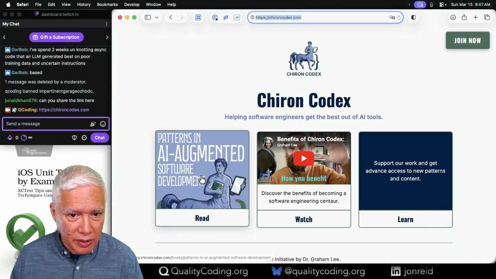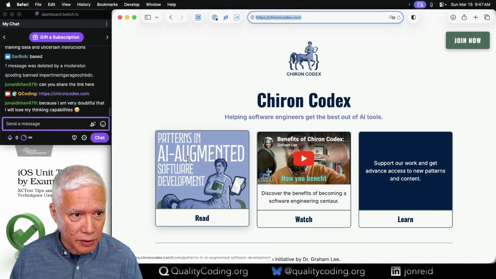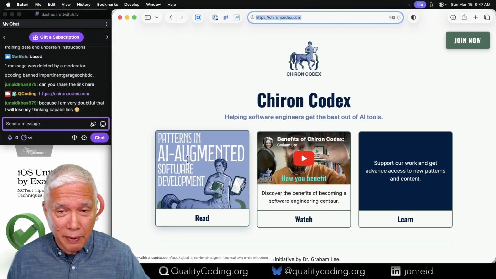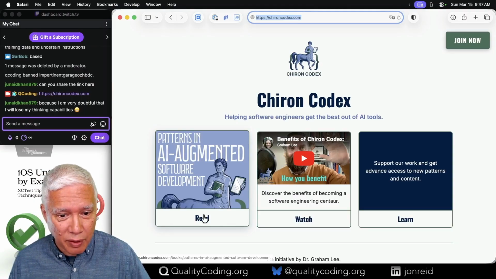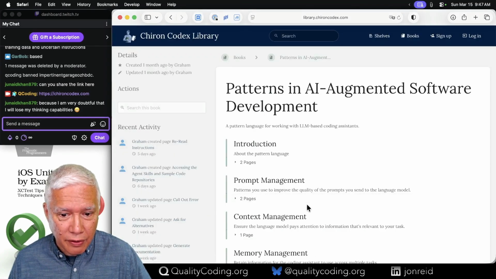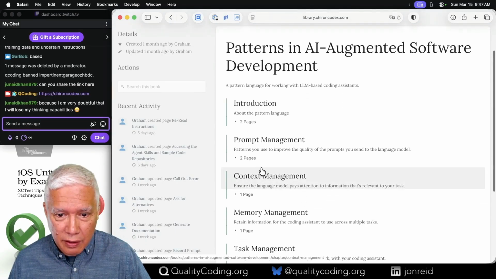The big part of this is his patterns. Yeah, we're starting to hear about this, right? That brain rot is a thing. The patterns are things like